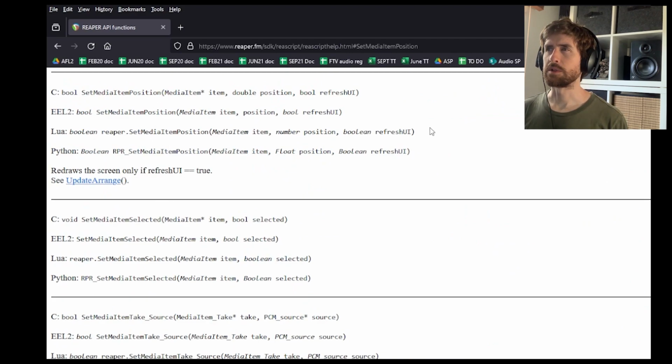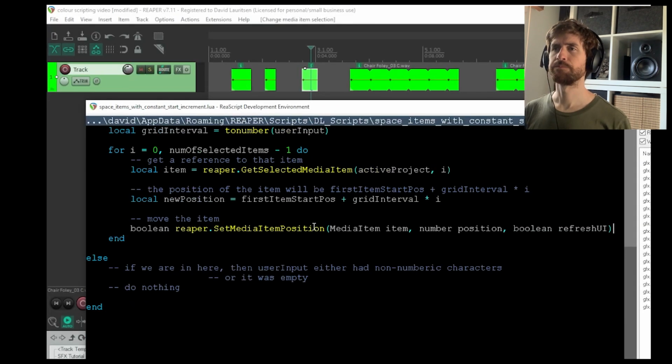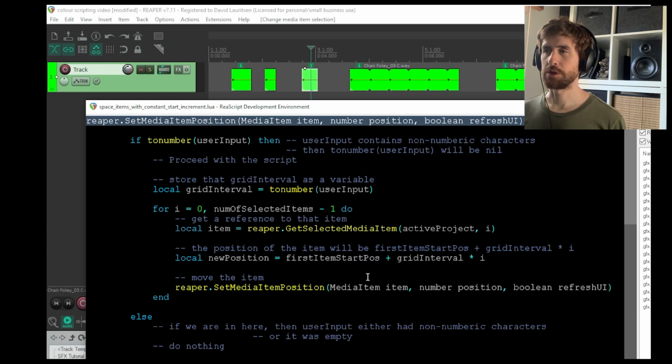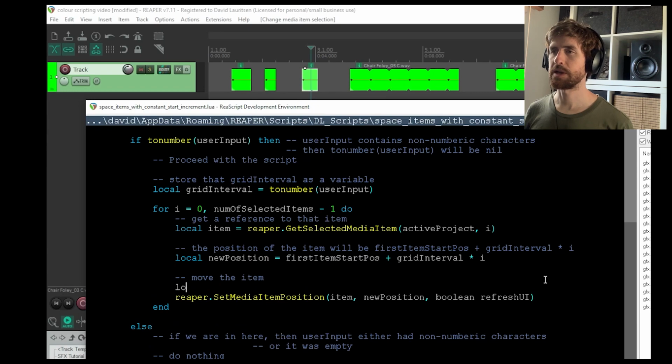Set media item position. Yes. Cool. So it can return a true or false value. We don't really need it to do that. We're not going to do anything with it, so you can just choose to not reference it back in your script. We're talking about a reference to the item, and the position is going to be new position. So hopefully you remember this one. I think we've come across this twice now. What this means is that